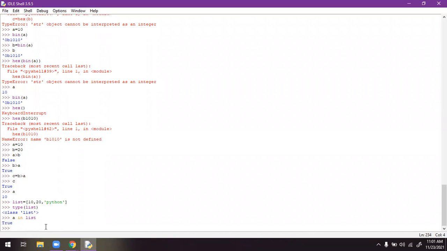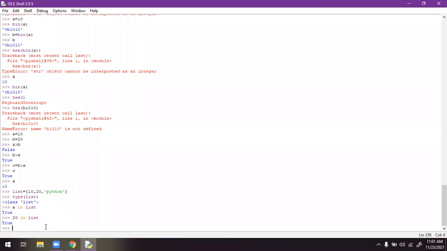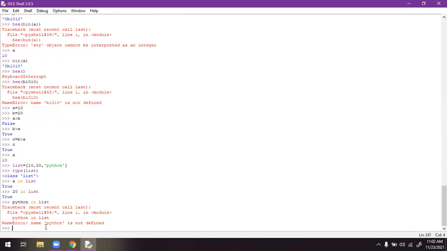If it's not there, then it shows false. Or else you can write like this, but it will give the same result. But if you write Python in list, it will give the error. Why? Because you have to mention it in quotations.